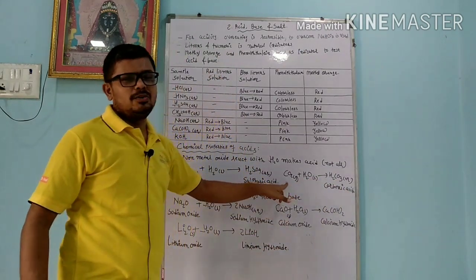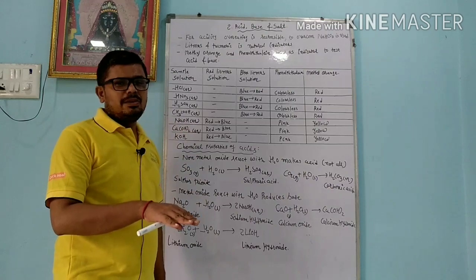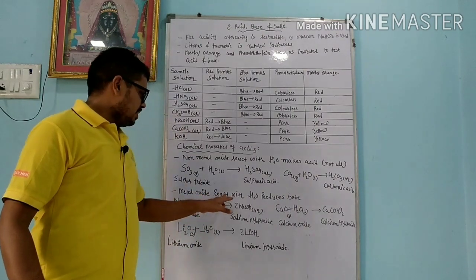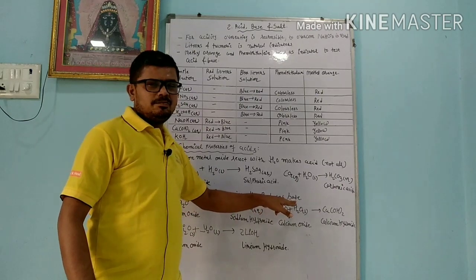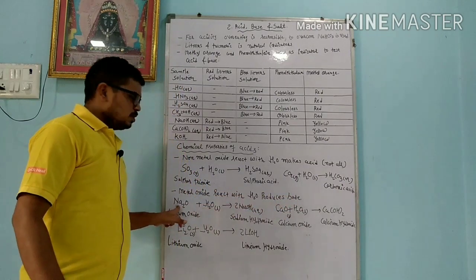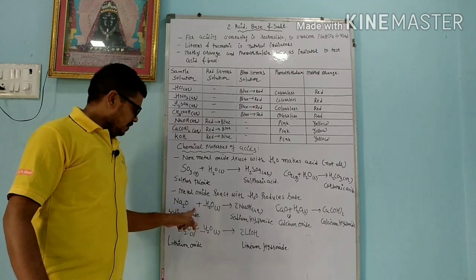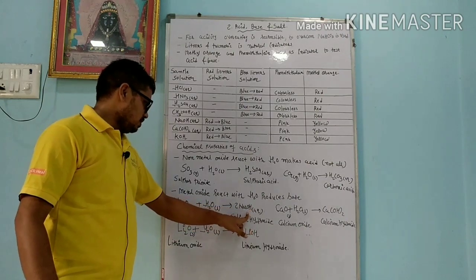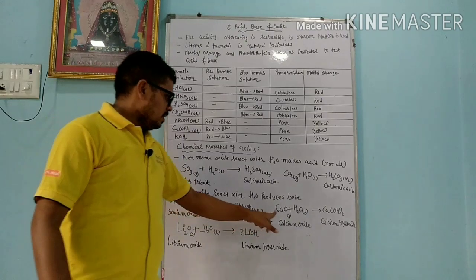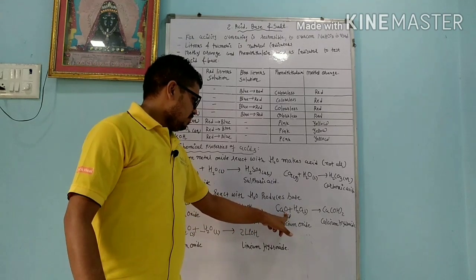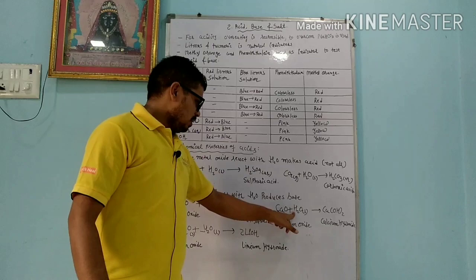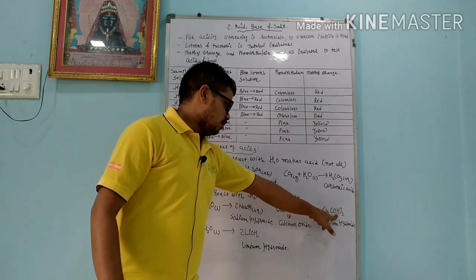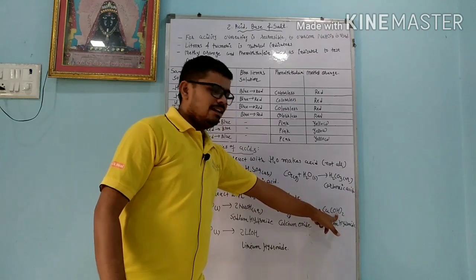Those bubbles are carbon dioxide, because we pressurize the carbon dioxide with high pressure. Now, metal oxide reacts with water to produce a base. Sodium oxide, Na2O, reacts with water to produce 2 moles of NaOH, sodium hydroxide. 1 mole of calcium oxide, also called quicklime, plus water gives calcium hydroxide, that is called slaked lime.